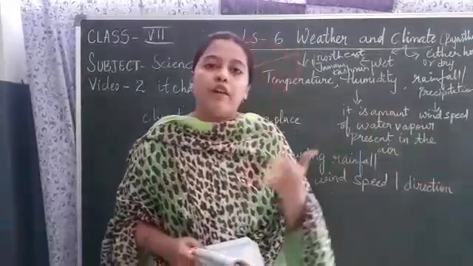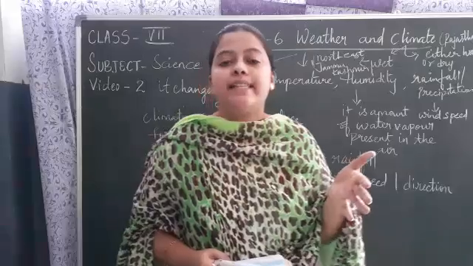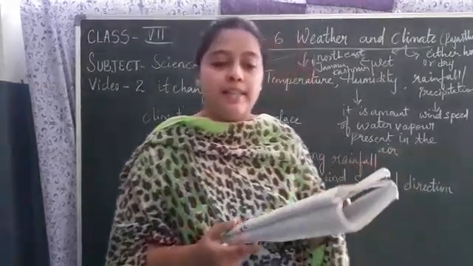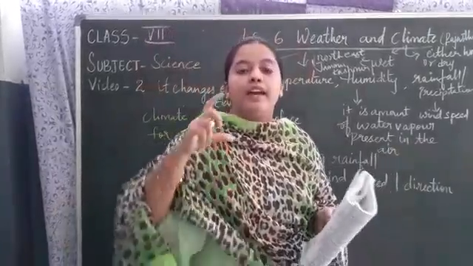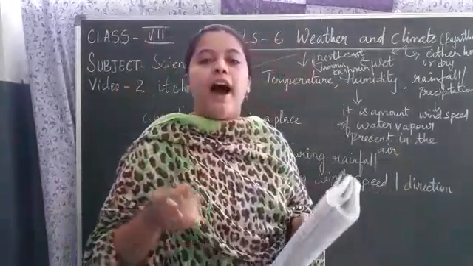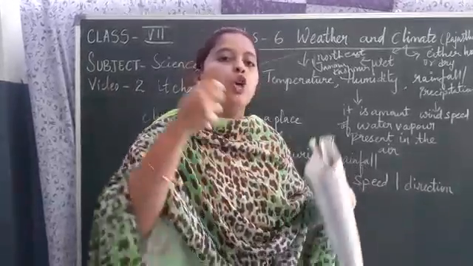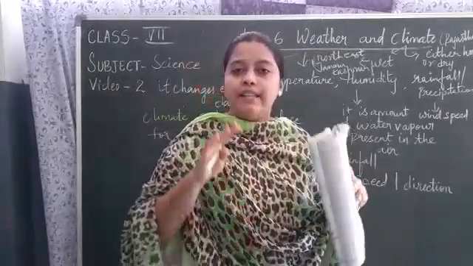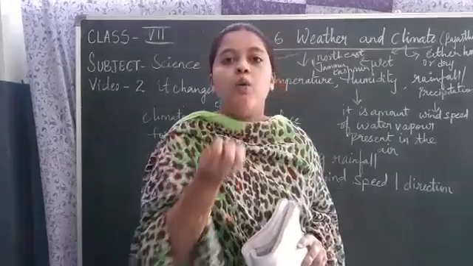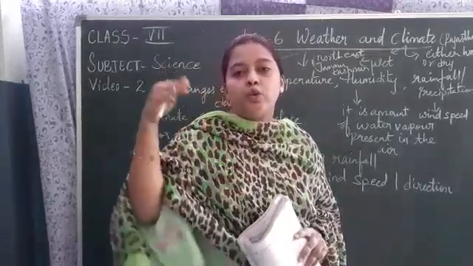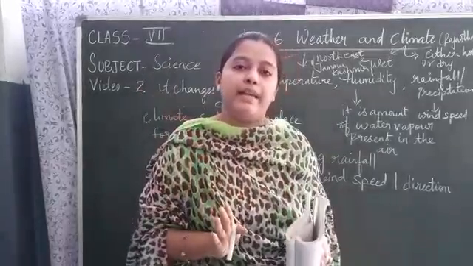But in other cases, for knowing the rainfall, there is an experiment. Okay, let us do activity number 6. In that, you must take a 10 centimeter wide beaker. In the beaker you must place the funnel. After placing the funnel, take the apparatus and keep it in the rain. When the rain is coming, you must place the apparatus in the rain. Once the rain is completely over, whatever rain falls through the funnel will go into the beaker and will be present in the beaker.